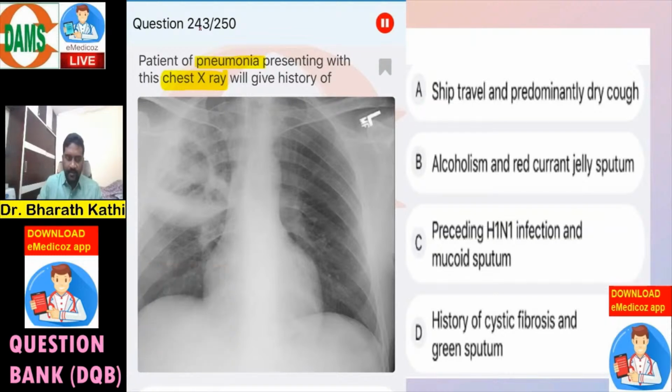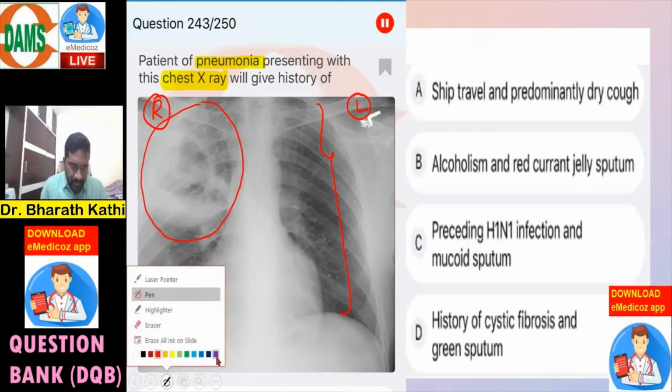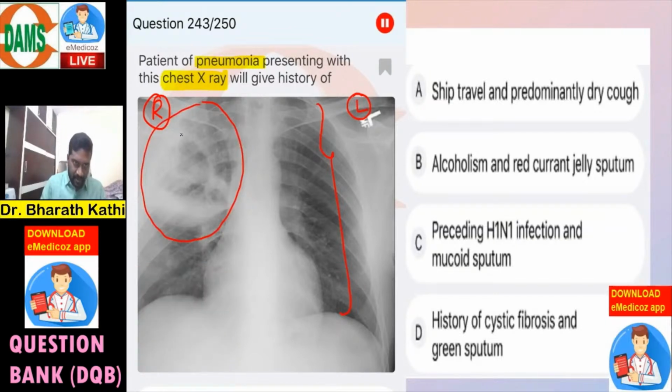So this is the right side and this is the left side. Now if you notice, the left lung is good, properly expanded, and the lung parenchyma is showing no abnormality, whereas in the right lung you can see some abnormality in this area. So this is the abnormal area. But if you keenly notice, what is the abnormality that you identify? So if you see, there is a